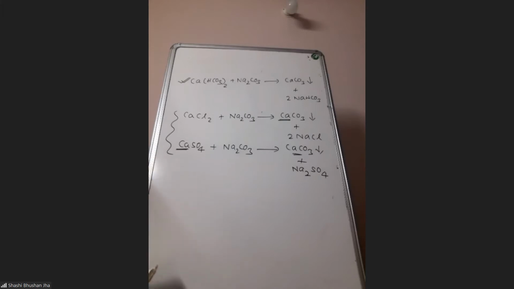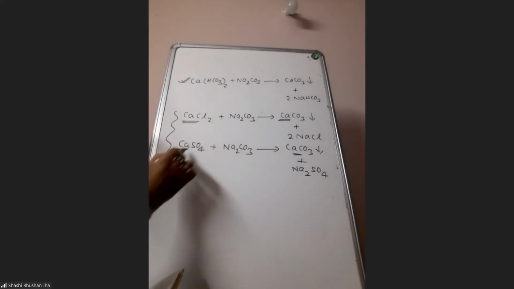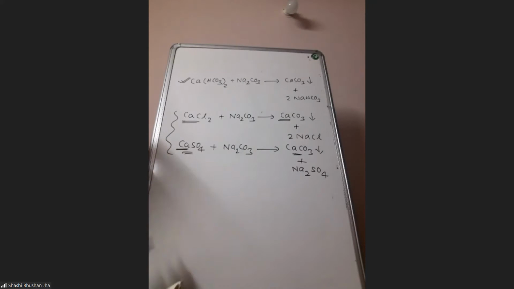Means we will assume that bicarbonate is not there. There is no temporary hardness right now. It has been removed before addition of the sodium carbonate. So now this sodium carbonate which we are adding will remove permanent hardness, means that will remove this calcium chloride or calcium sulfate if anyone is present.